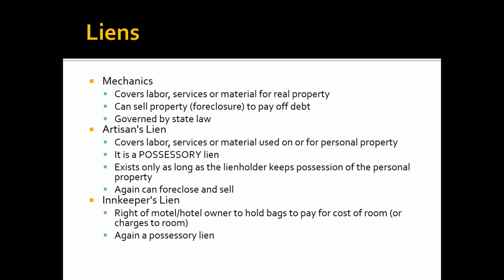So an example here would be, let's suppose I take my vacuum cleaner in for repair. And when he fixes it, he says, that'll be $100. And I say, well, that's just too much money. I'm not going to pay that. Give me my vacuum cleaner. Well, the guy can say, well, no, you owe me the money. Okay, and I'm going to slap an artisan's lien on this, and if you don't pay me that, I'm going to sell what I possess, which is your piece of property, pay off my debt, pay off what you owe me, and then if there's anything left over, you can recover some.